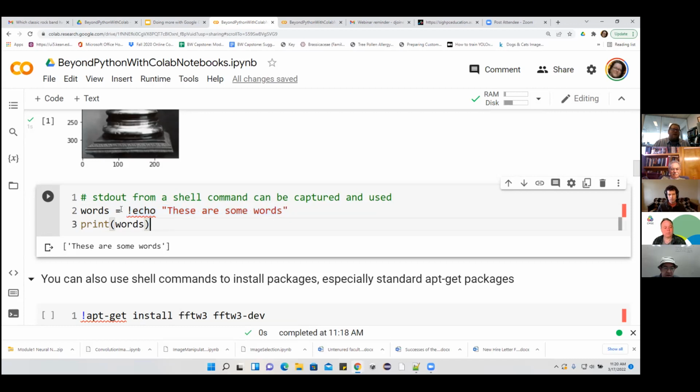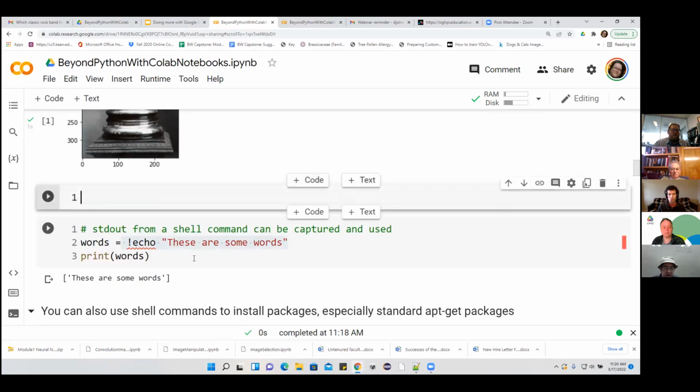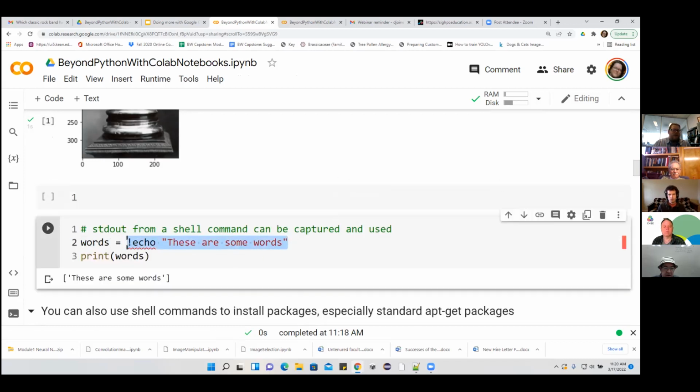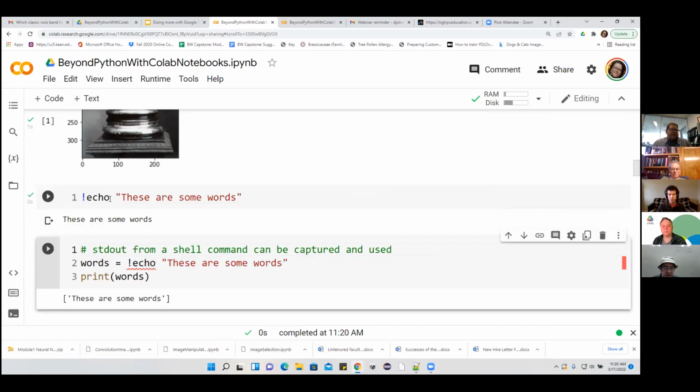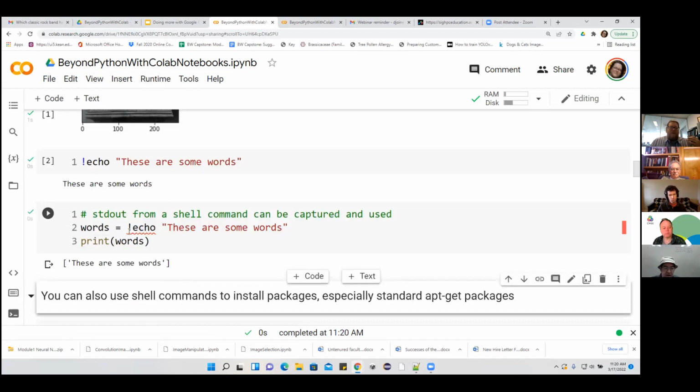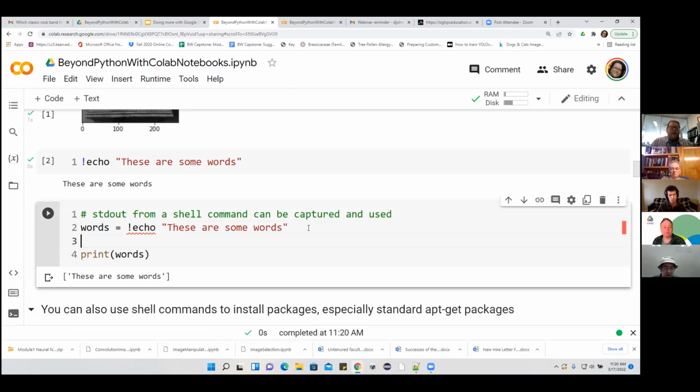So for example, here, if I just do a standard Linux echo, these are some words, and if I were to do that just as a shell command, what would that do? Just echo something back to the terminal. But if I do that inside of my shell command with it set equal to a Python variable to capture it, mind you, I'm still going to print to the screen, but notice now I've captured that in that Python variable, and I could do things like